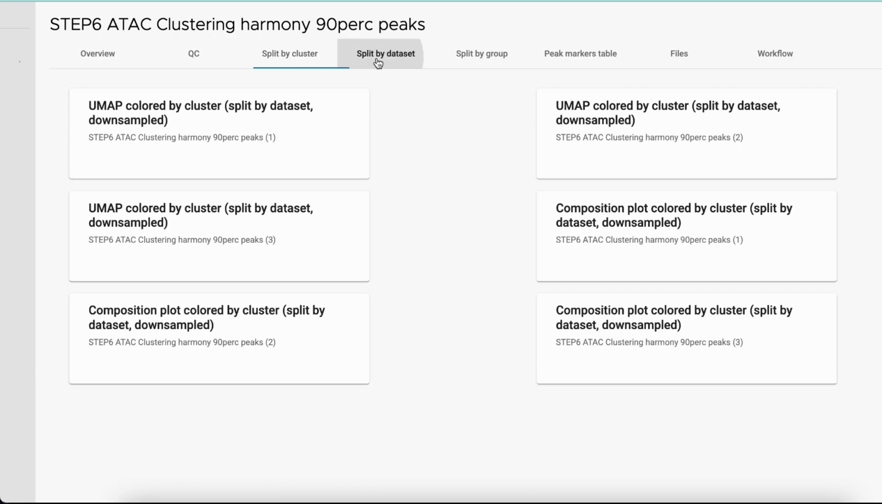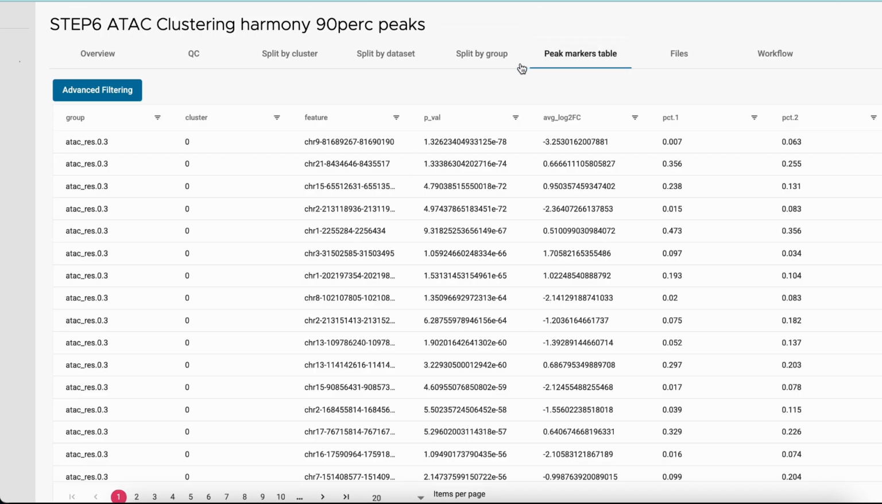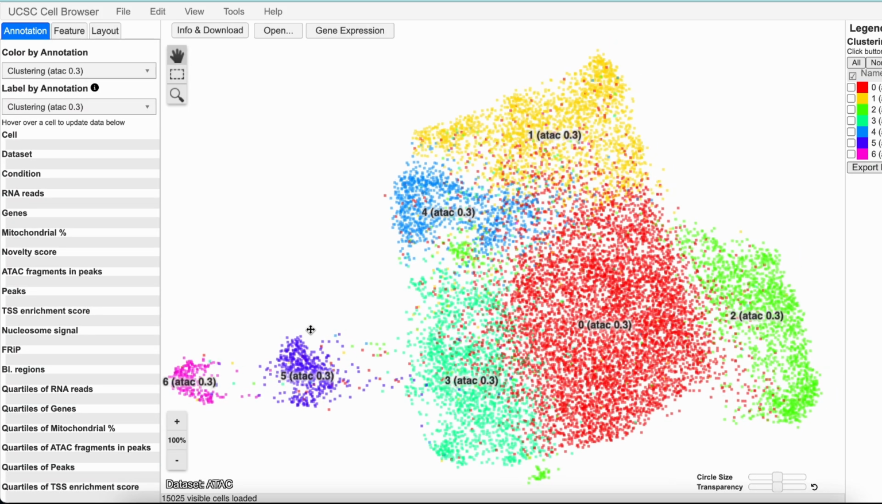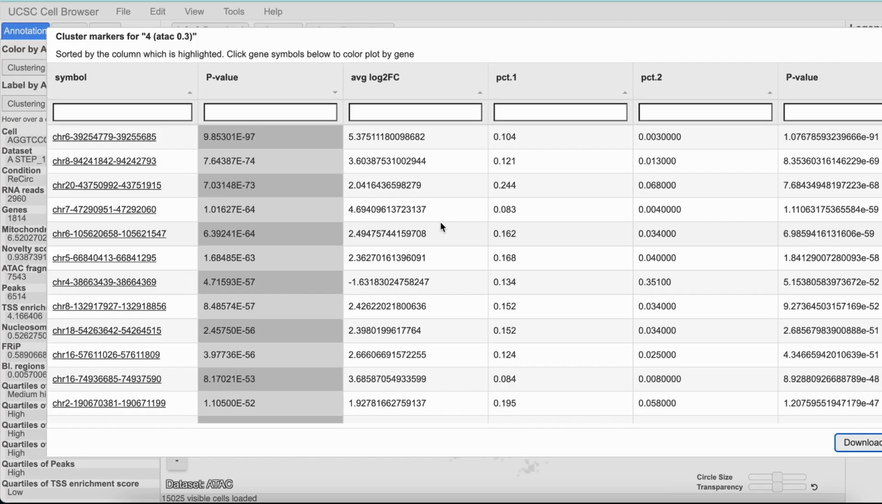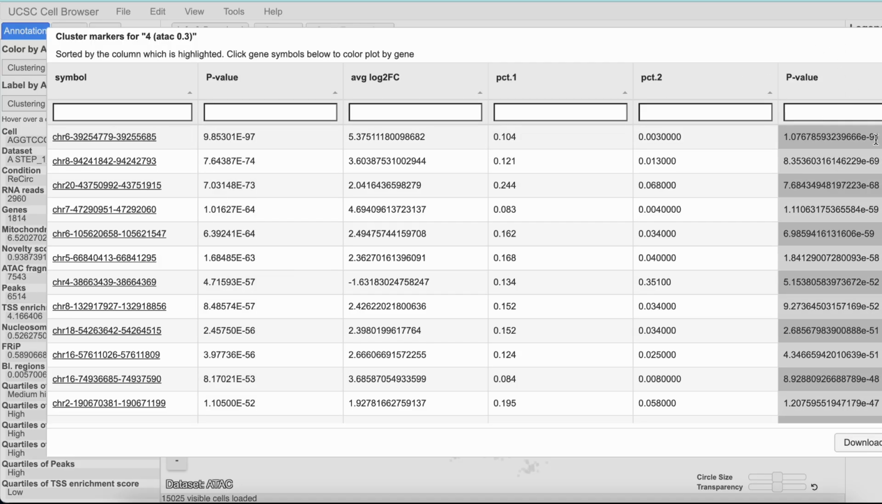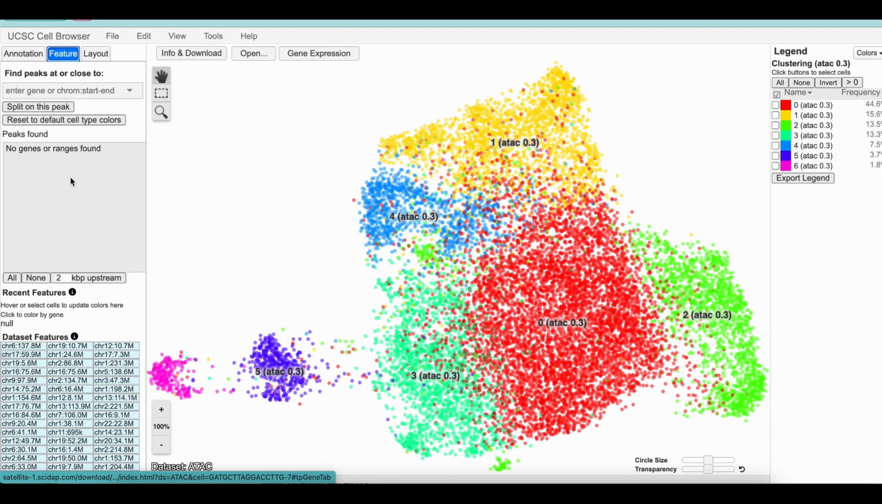There is information that we already looked at, the peak markers, and also there is UCSC browser where you could see better those peak markers that I was talking about. You could sort them based on the p-value or log-fold change. Sometimes it is hard to say using the coordinates what gene is nearby, but there is a solution. You could switch to the Feature tab and search for any gene of interest,